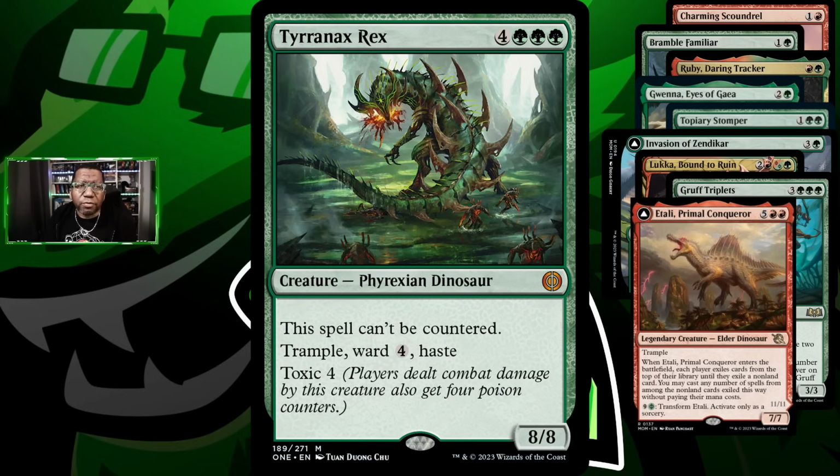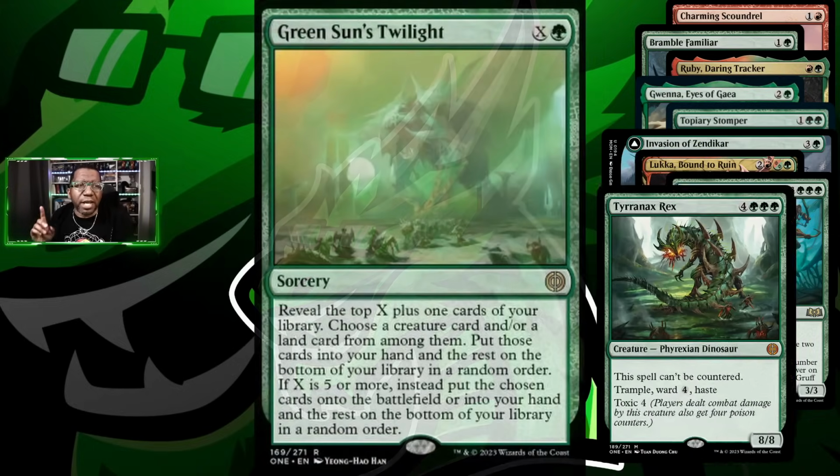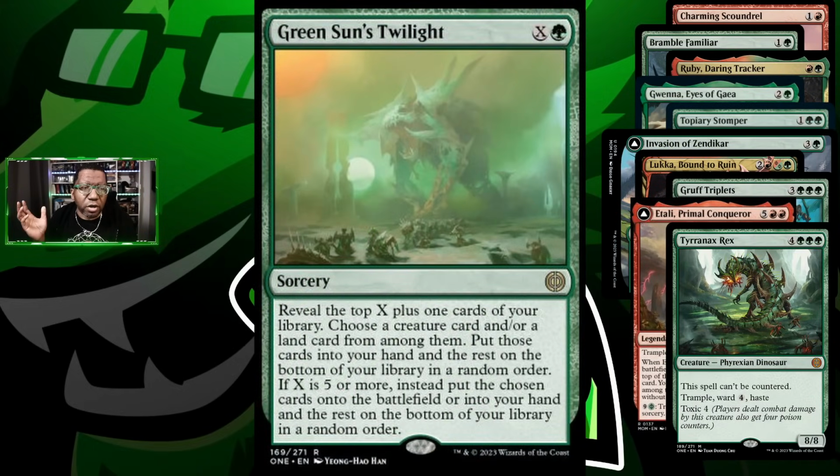Now, the card that Philippa played that made me change a couple of things in my list was actually Green Sun's Twilight. This card's sweet. It can let you go find land or a creature, but because we're able to ramp, if we can just spend a lot of mana, we can just put one of those cards into play, and it's great, and it's going to help us end the game even faster. So we love that. So let's see if all these cards work out together,